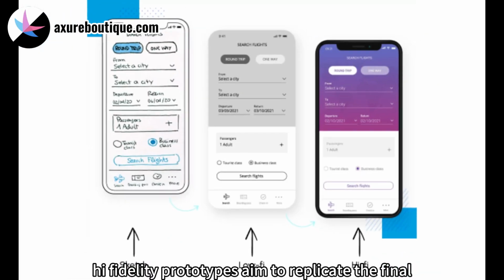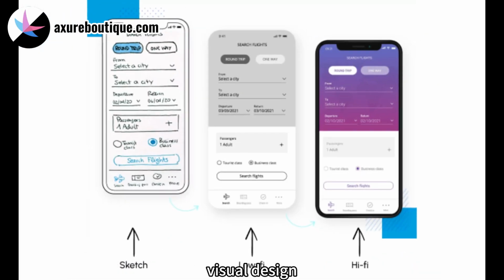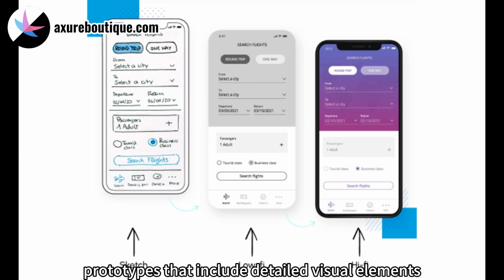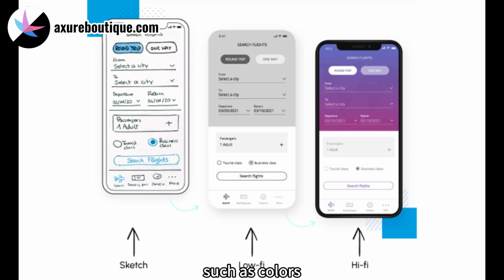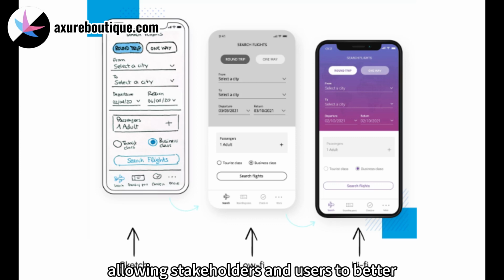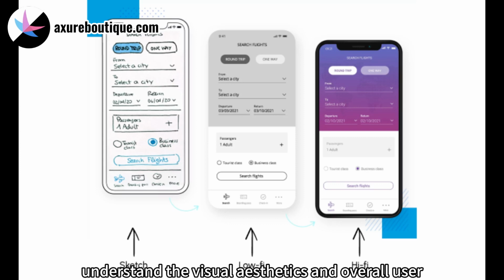High-fidelity prototypes. High-fidelity prototypes aim to replicate the final visual design as closely as possible. Axure enables designers to create high-fidelity prototypes that include detailed visual elements, such as colors, typography, and images. These prototypes provide a realistic representation of the final product, allowing stakeholders and users to better understand the visual aesthetics